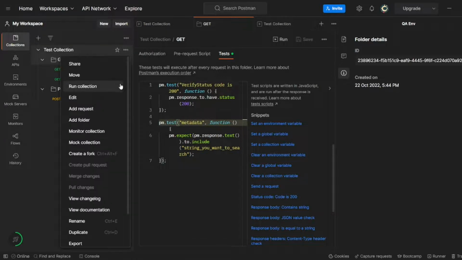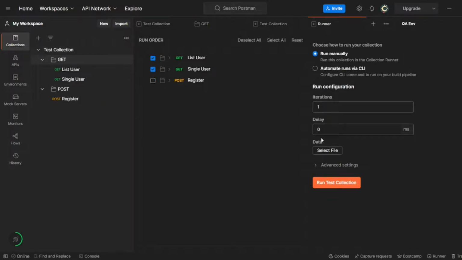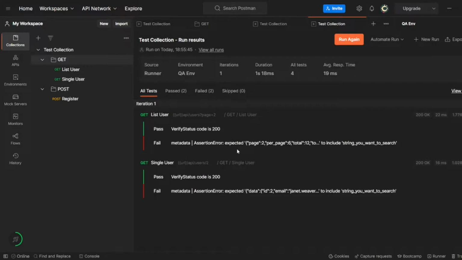Let me go to the collection level and click on run collection. I don't want to run post for now. Let me click on run collection now. Okay, so this got failed. This is the entire response which we got. I'm not able to search this because this string doesn't match with this, but now we got a